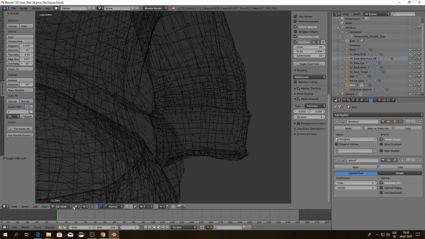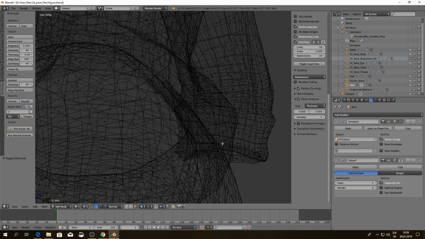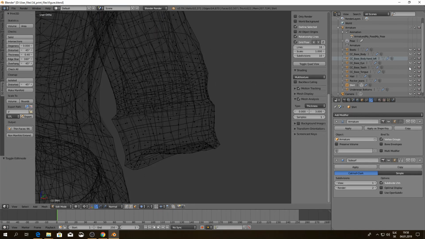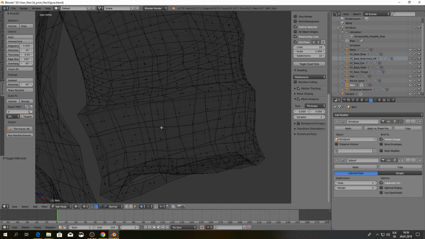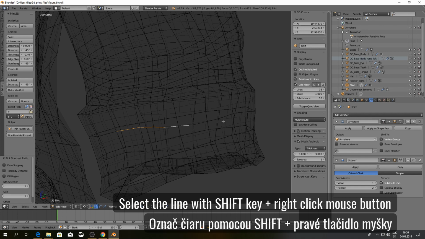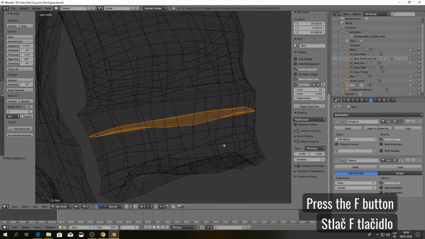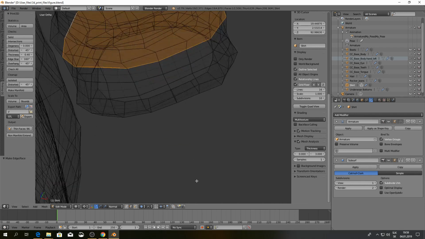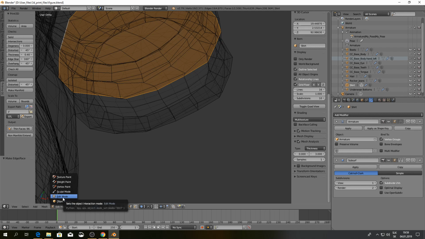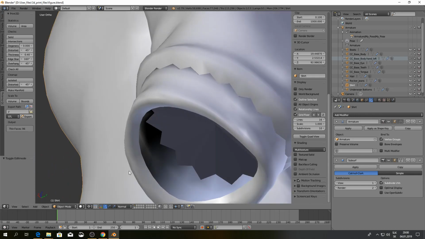Follow this procedure. Here you can see how Blender created a patch.